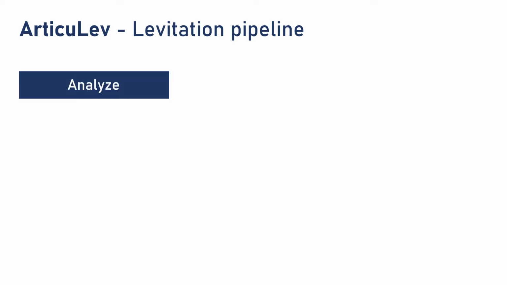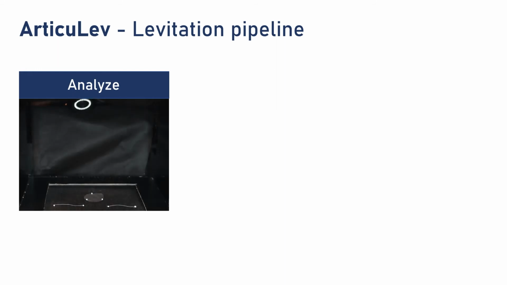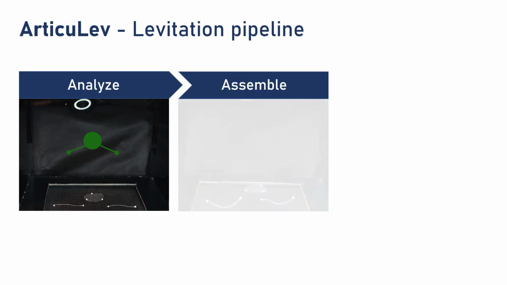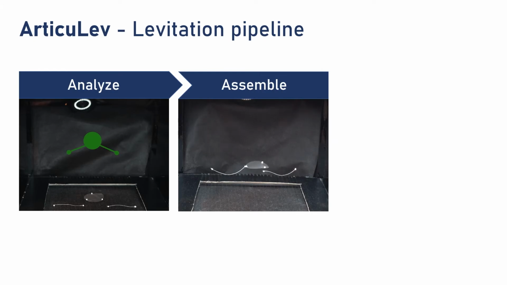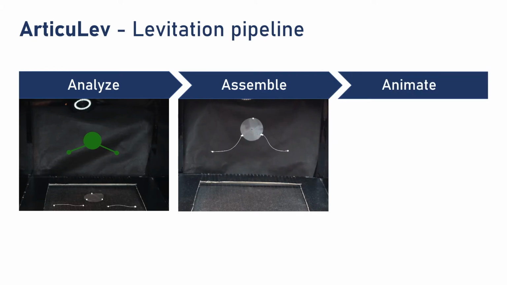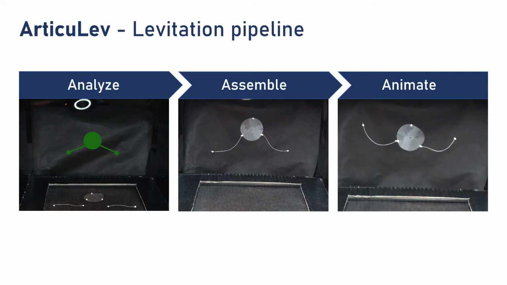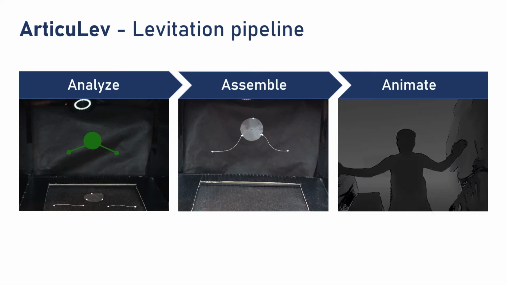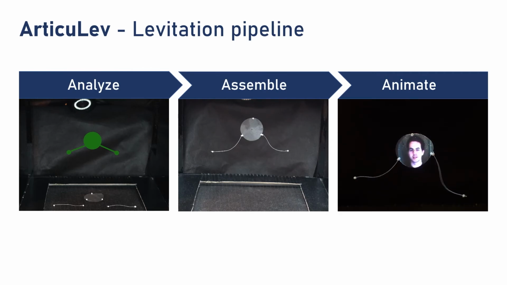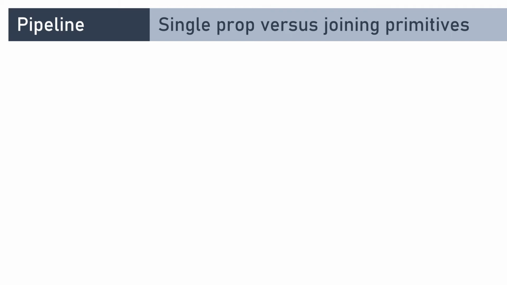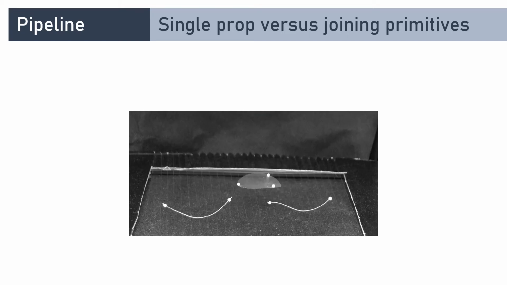The first is the analyze stage. Here we detect the beats and their connections. We then match those with the target shape provided by the developer, here depicted in green. The second stage is the assemble stage, in which the levitation primitives are lifted, merged, and then transformed to the target pose. In the animate stage, the structure is transformed in real time. This is still running in Unity, so the developer can freely combine this with 3D input devices like Kinect or output devices like projectors.